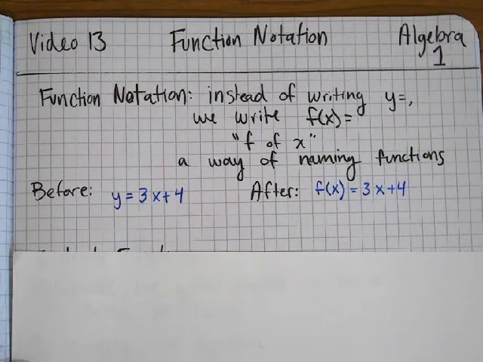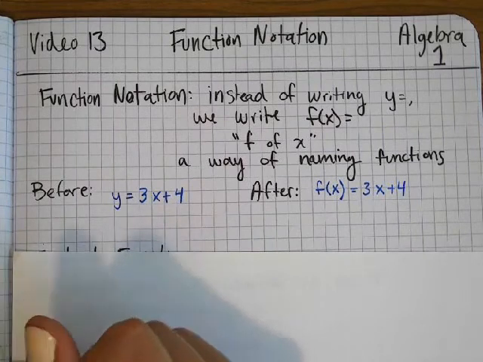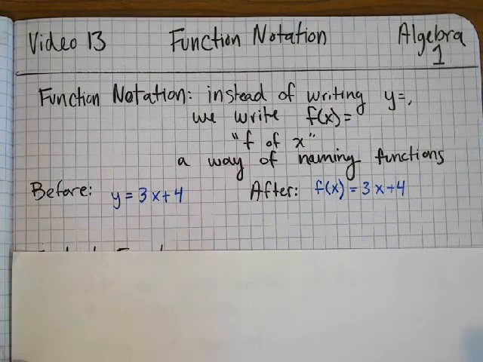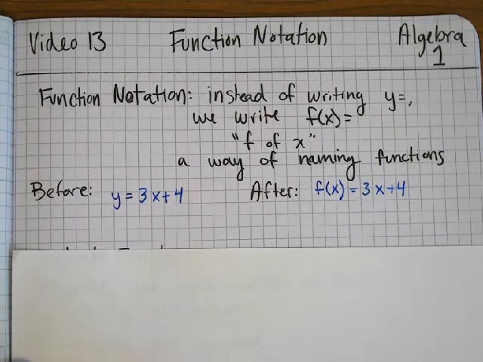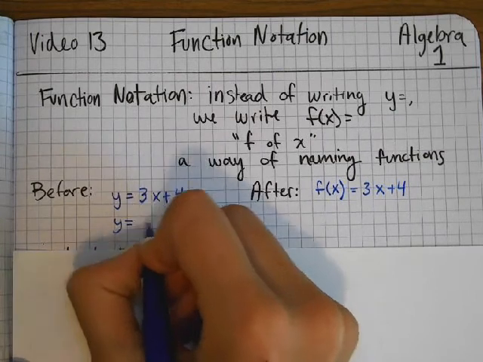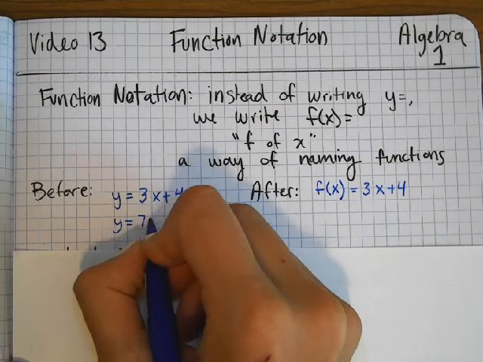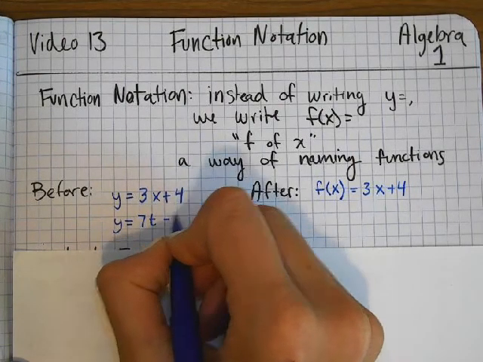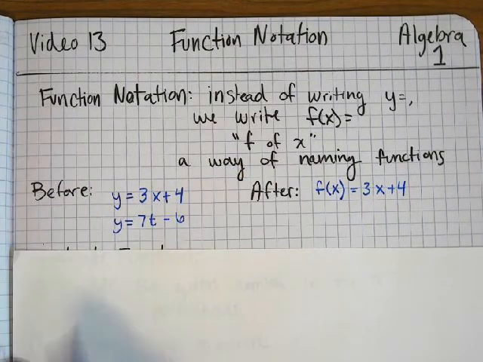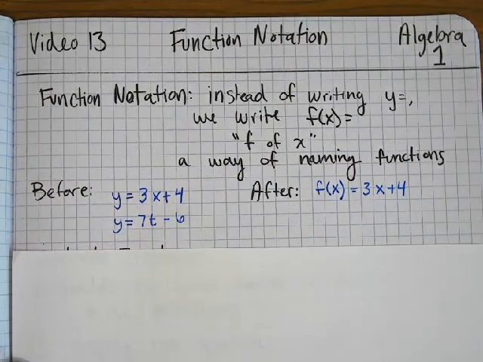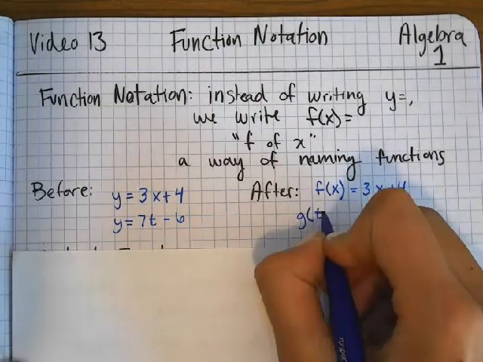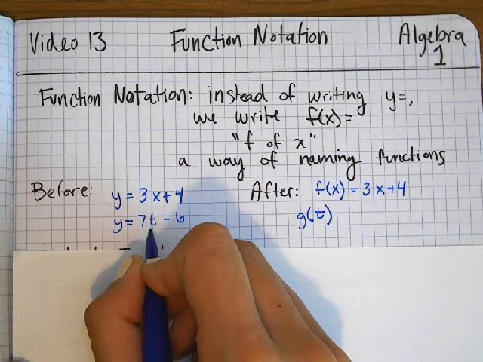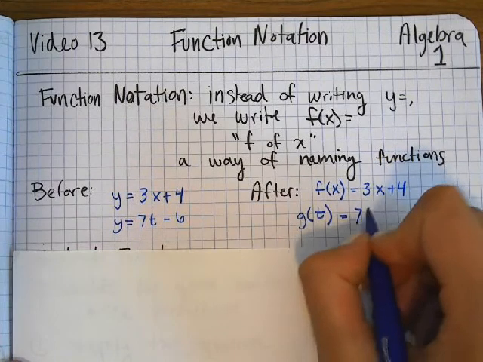Maybe I have a function and I want to rename that function. We could call it something else. Maybe I want to call it g. I should say g of x. Maybe I have another equation, y equals, let's say, 7t minus 6. So before it looked like y equals; naming it, maybe I want to call this function g. So I'm going to say g of t, because t is my variable, and then I just write the equation